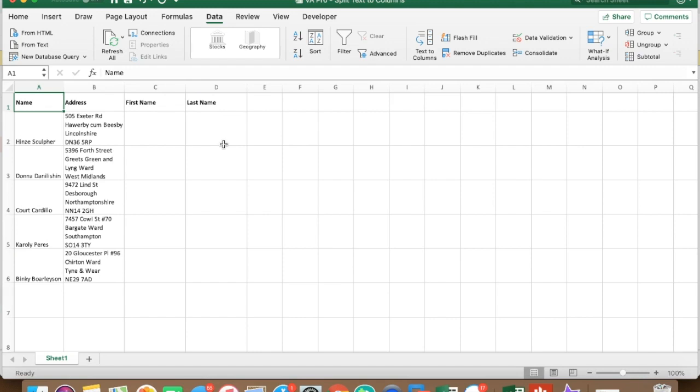Now I'm showing you how to do this using Excel on a Mac. However, exactly the same tool is available in Microsoft Excel and also in Google Sheets. So I'm going to show you where to find the option to do that in this platform that I'm using right now, but I'll then afterwards show you how to find the same option in Google Sheets